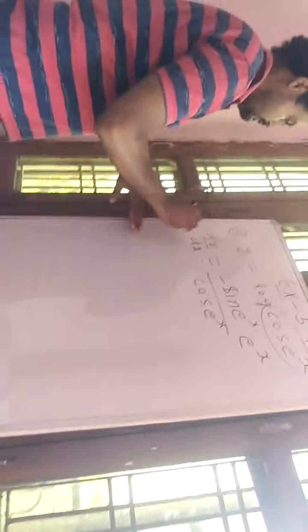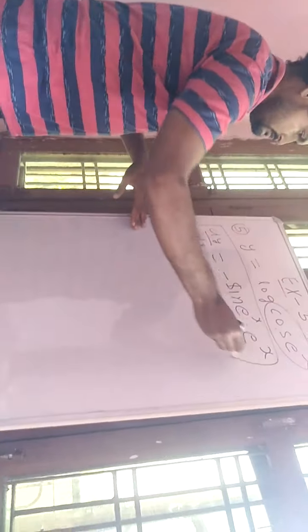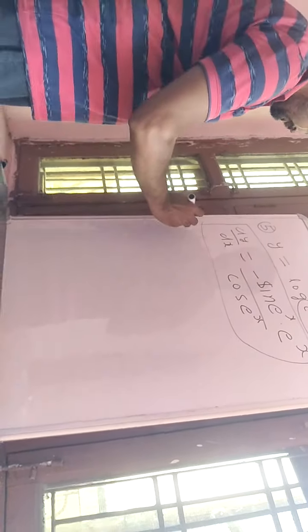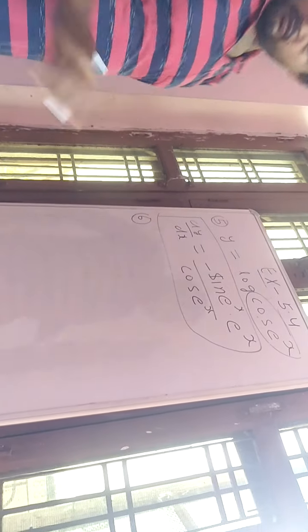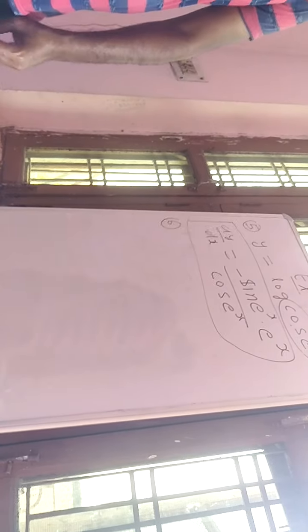So this is the fifth question. And also we have to explain log. So x is here, so 1 upon cos e to the power x. Cos's derivative is minus sin e to the power x, and the third term is e to the power x. So same to same. So I did the fifth, this is sixth. Sixth question is e to the power x.